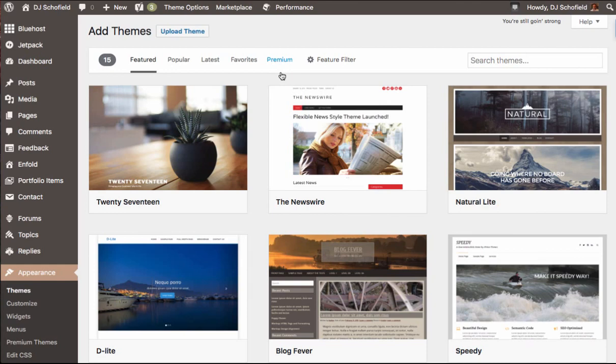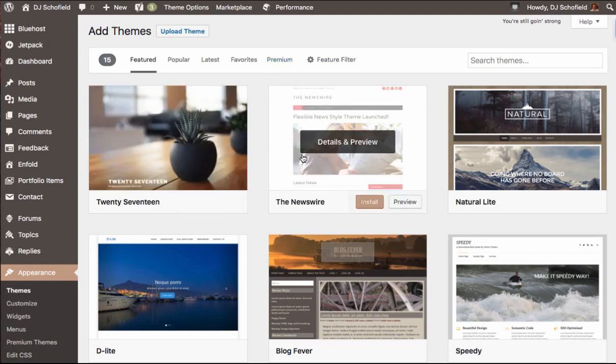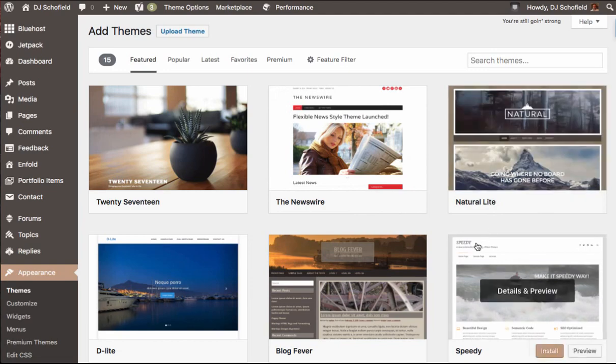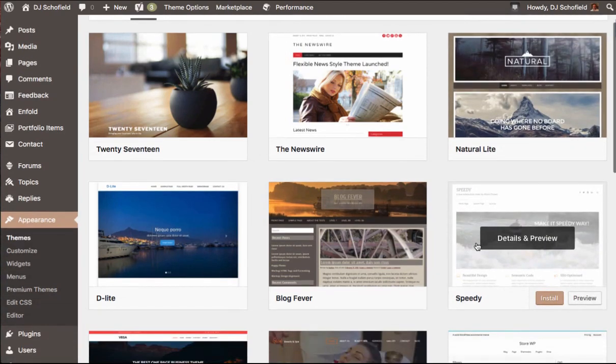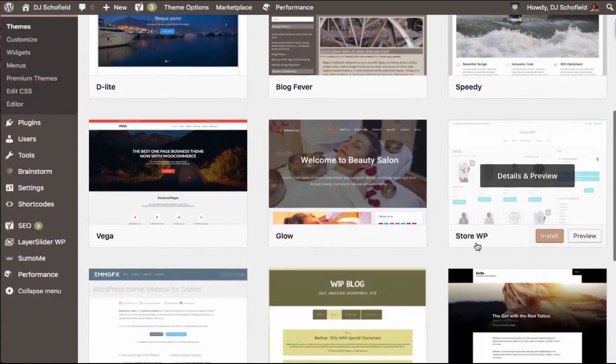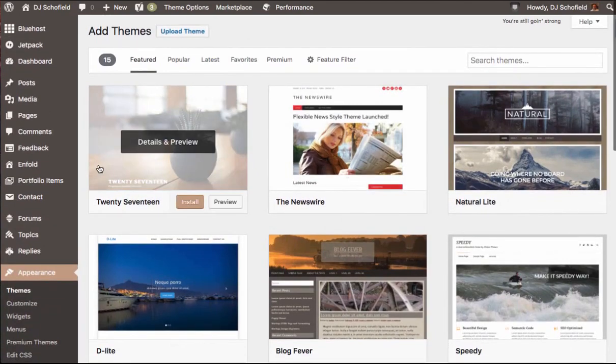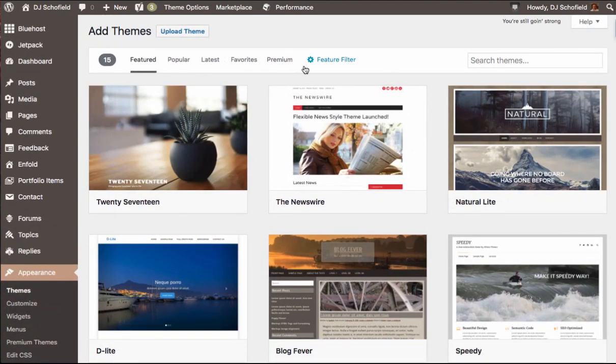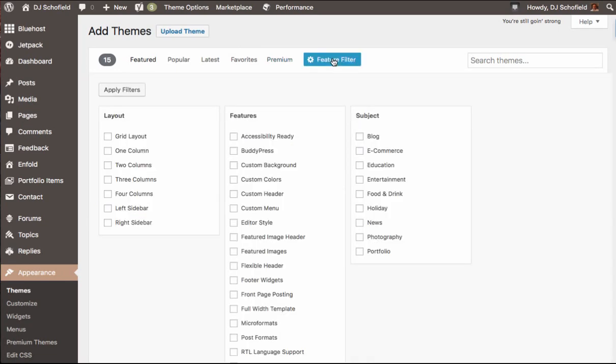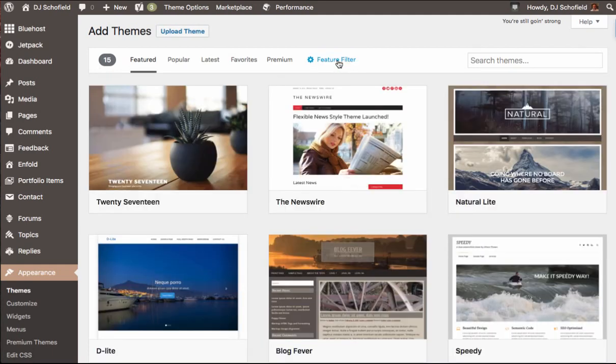I do recommend that if you're using it for such as a business or you're really taking your website seriously, I would recommend a premium theme just because most of these are limited websites and they're not really going to have the functionality of any of the premium themes. So you can go through here, scroll through these, whatever, pick a theme. You can even search for a theme. Use the filters so you can get certain features that you want, make sure it has it, and then filter it. Click Apply Filters, and it'll find themes that